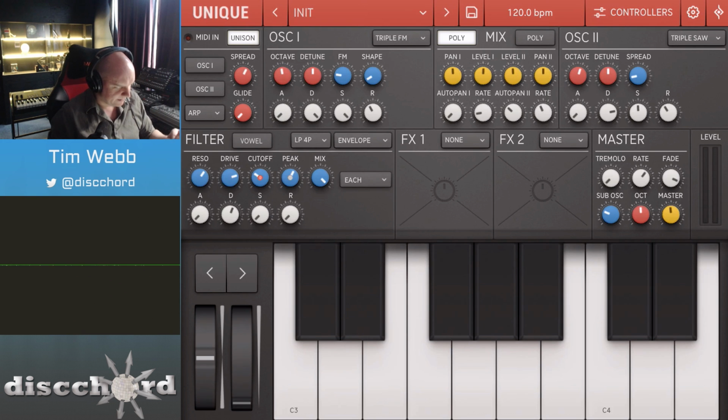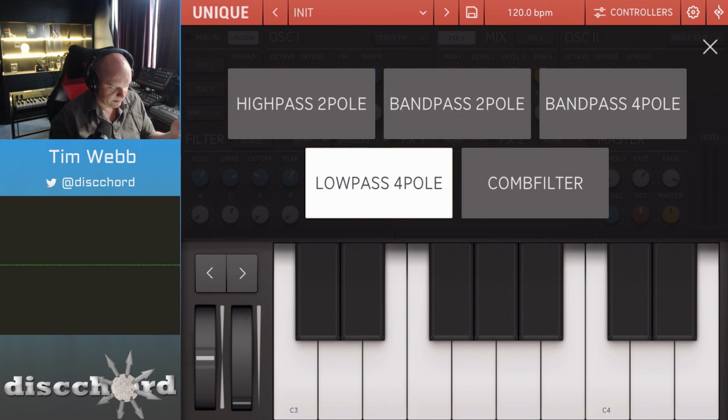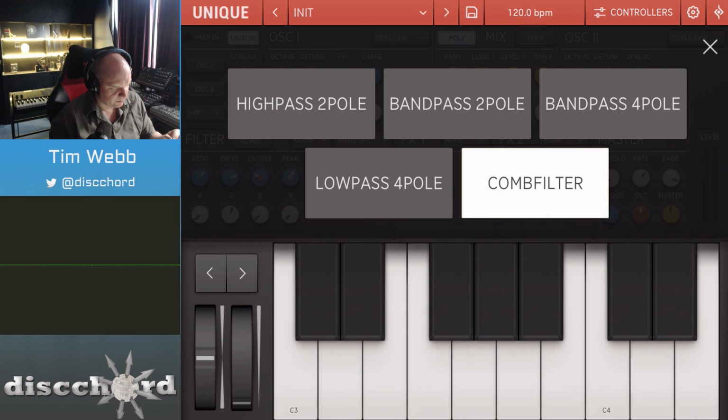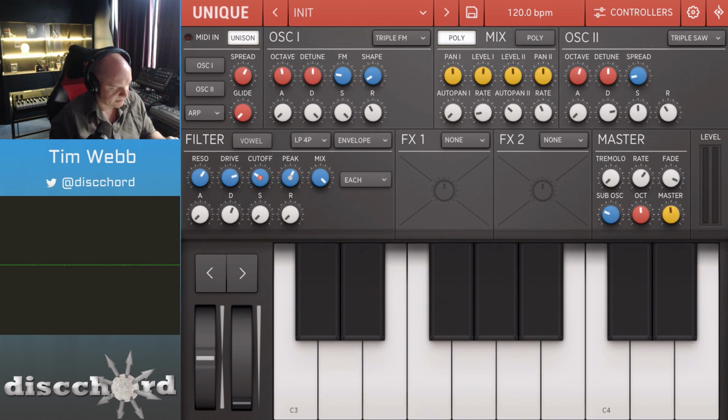All right, so there's other modes in here. Comb is pretty amusing. It's doing all kinds of interesting feedback stuff. But there's also the ability to take any of these modes, let's switch it back into low pass, and now we can turn it into a formant. So now it's doing these vowels, and it's cycling through these vowels